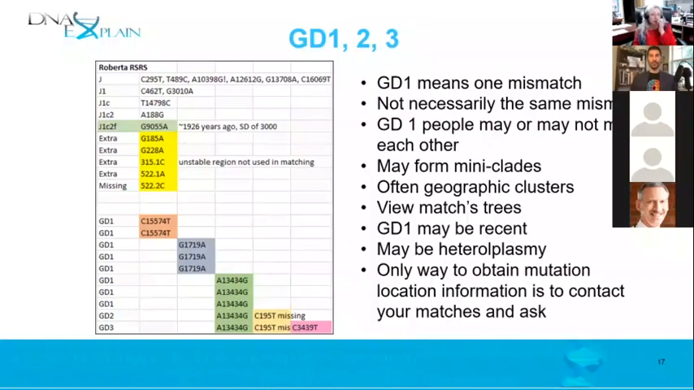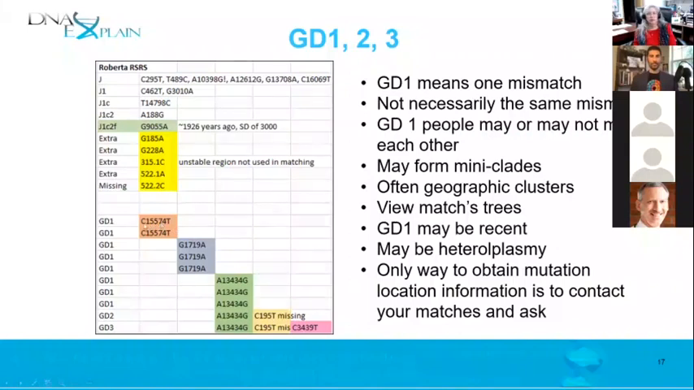So this is part of my spreadsheet. Obviously they have their names, and I'm not showing that for privacy reasons. But what we have here are my first few matches as I group them on the spreadsheet. So these are all a genetic distance of 1. But as you can see, the first 2 people here have a mutation at